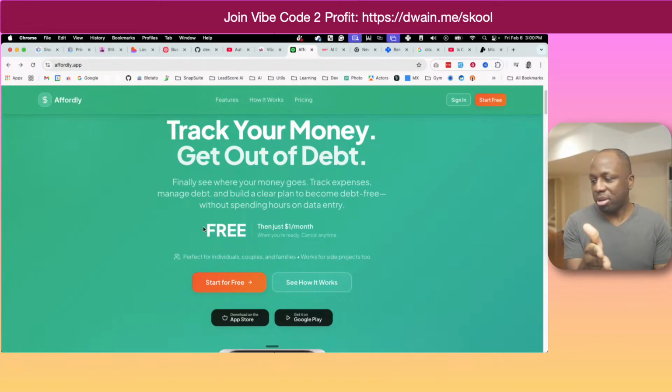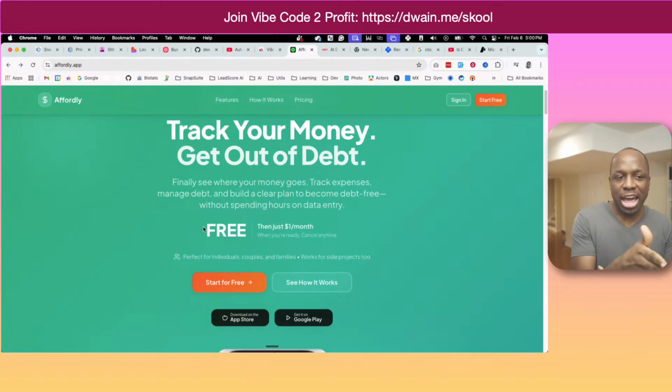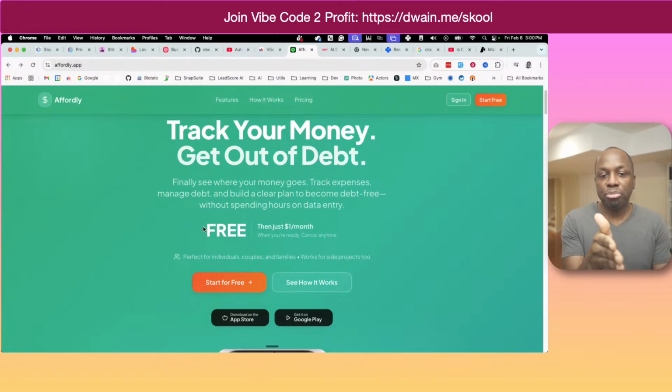The business model I have for this particular app is free for most people. If you're making $120,000 a year, it's 100% free. But on the back end, I will have affiliate deals with credit card companies for different types of credit cards, teaching you how to reduce your debt and all this type of stuff. I'll make deals with the banks and the other people in the back because guess what? They want to sell to you. My hope is that the app will educate you on how to reduce your debt and save money, but I still benefit by using these services, and I will get a cut on the back end, right?